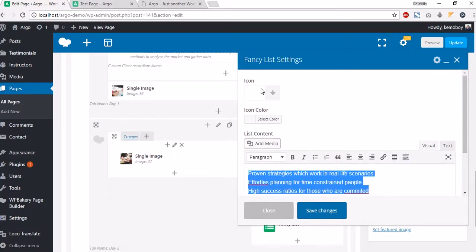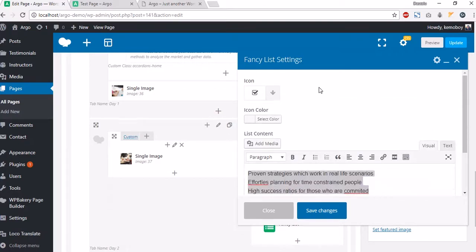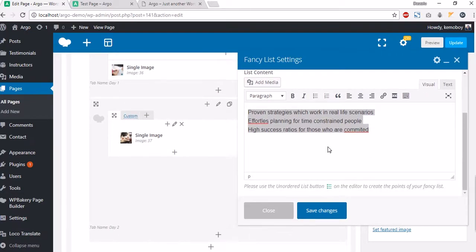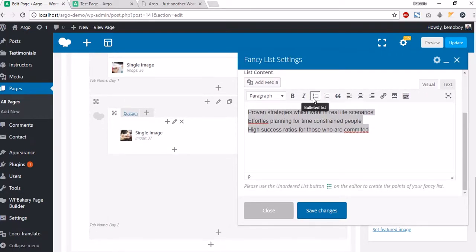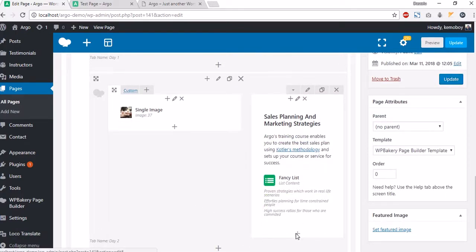Alright, and let's select an icon. This checkbox is okay. You can change the color of it if you want. I'll leave it white, and then click on bulleted list. Click save changes, and then we need to add a button,